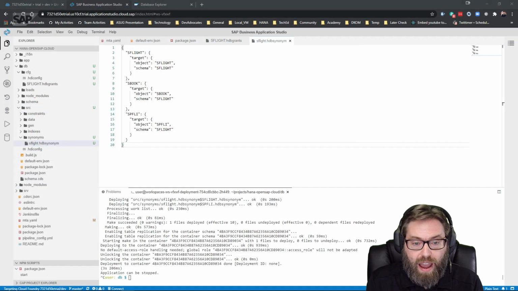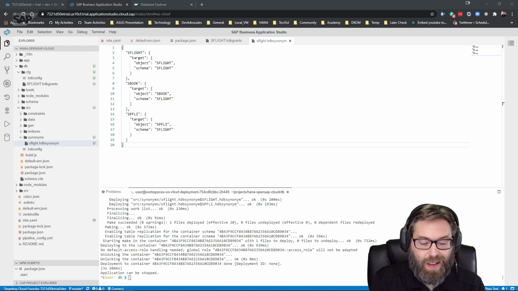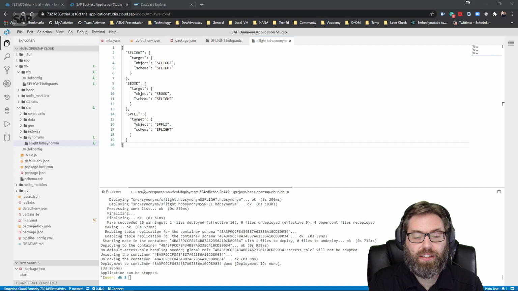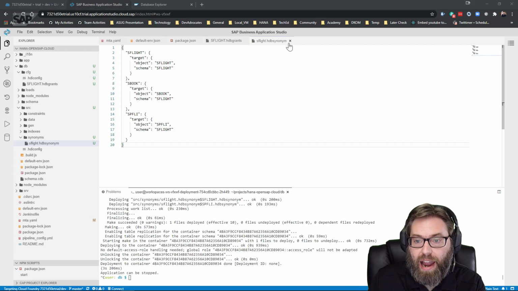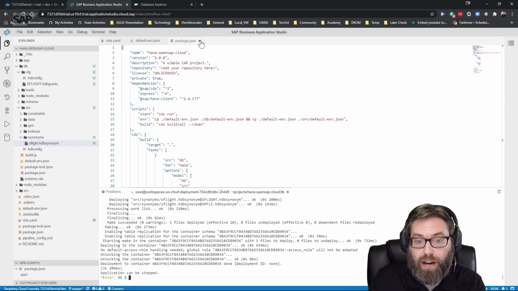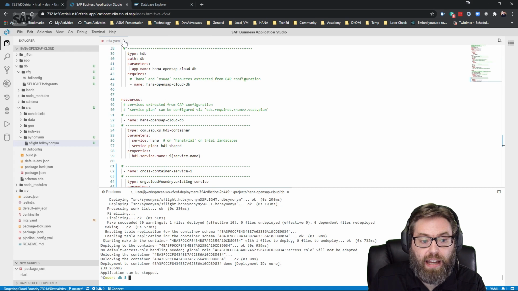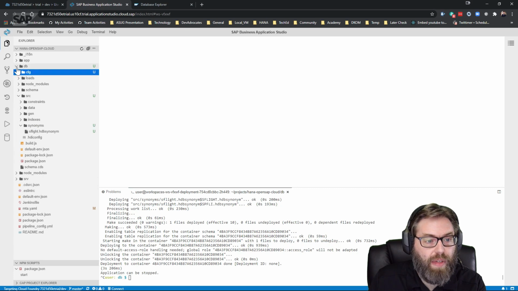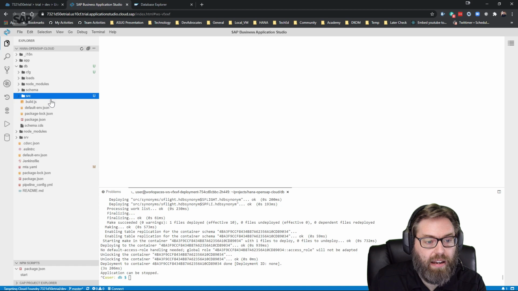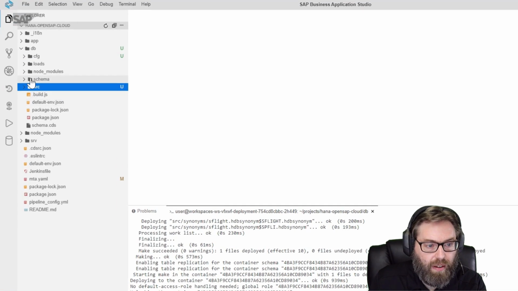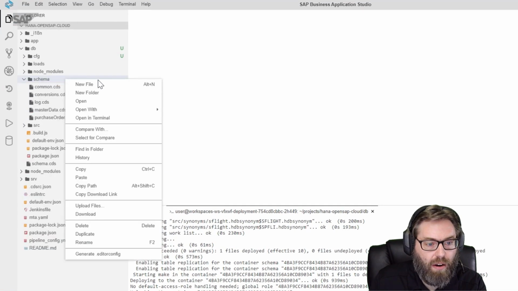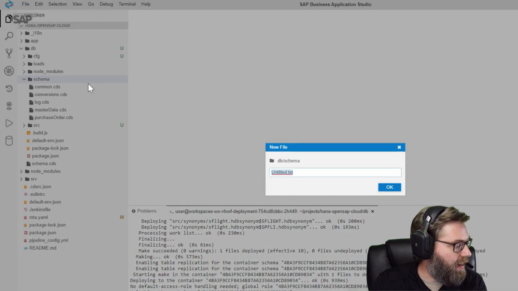So we've now seen how to access a foreign schema from within our HDI container, but that's just step one of the process. Now we need to extend that into the cloud application programming model as well, so that we could access this, say, via our OData service or via CDS annotations. Now to do that, we're going to need to create a CDS file similar to our other data model files. So I'll just come here and I'll create a new